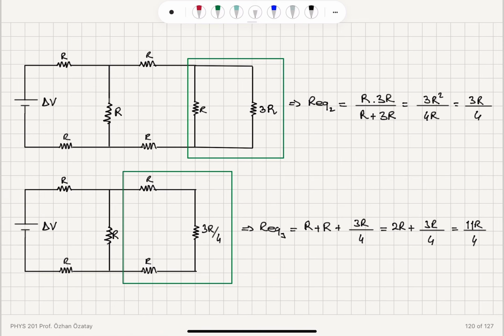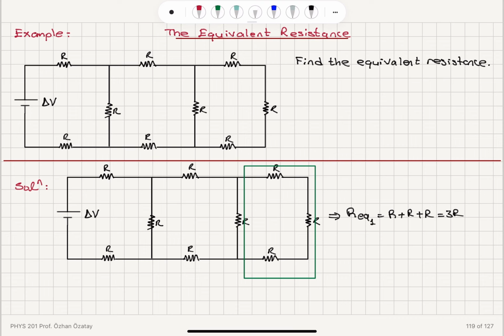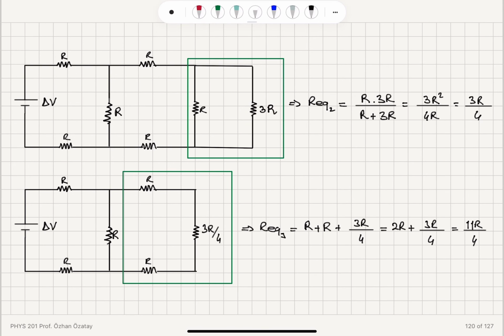Okay, so we have worked through an example for calculating the equivalent resistance of a resistive network. This is done in 5 steps, as you have seen here. The overall goal is to replace all of this with an equivalent resistance connected in parallel with delta V. And first we see that we have the same current flowing through these 3 resistances, so they will add up. We have 3R. Now this 3R is connected in parallel. They share the same voltage with R, so 3R and R parallel resistance is 3R over 4